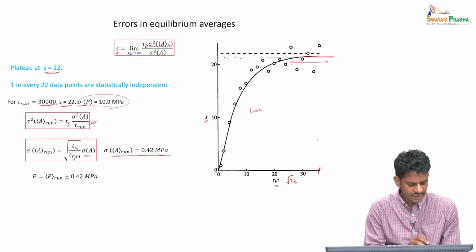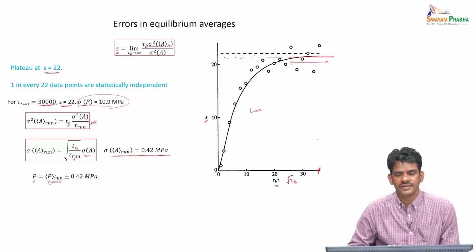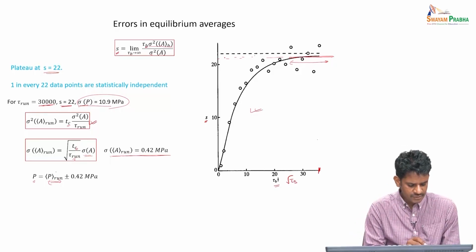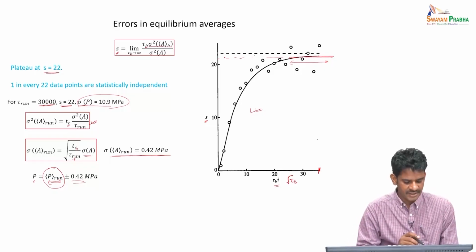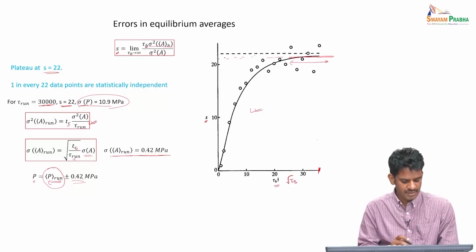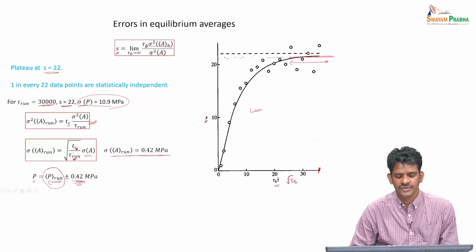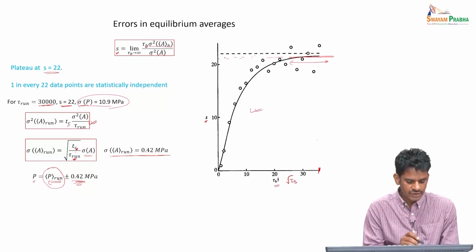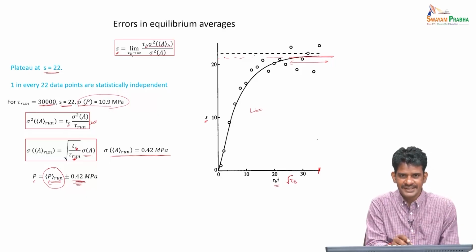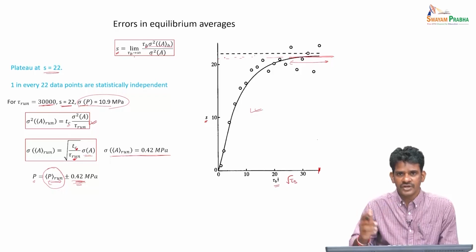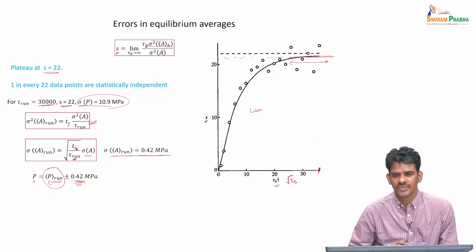So for this particular data set, you would write the measured pressure is equal to some average pressure, which can be calculated from the run average, and then the error in this mean. The expected error in this particular mean is given by plus or minus 0.42 megapascal. Any simulation data should be represented by this kind of expression with the mean value and the corresponding error in the mean value, and that has to be calculated based on the total simulation length and the corresponding correlation time. To get the correlation time, we define something called statistical inefficiency, and based on the blocking operation, from here we find the correlation time.